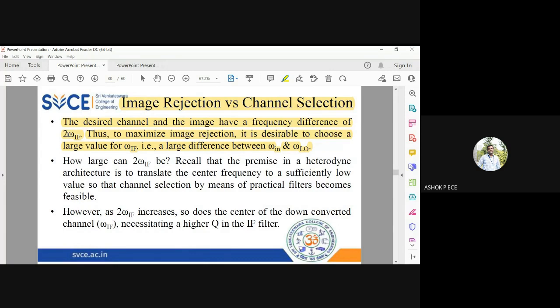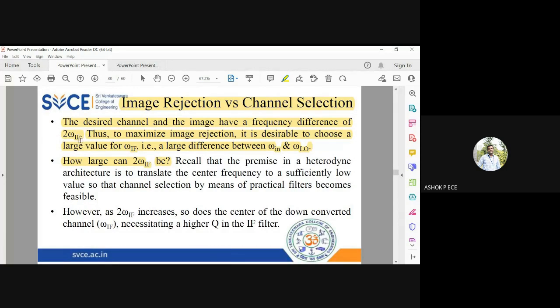So you have to keep the image far away from the desired frequency. That is possible if you increase omega IF. Increasing omega IF is possible only when the difference is large. Either my omega in should be high or omega LO should be less. So how large can 2 omega IF be? What is the magnitude of 2 omega IF such that the image will be very, very far away from